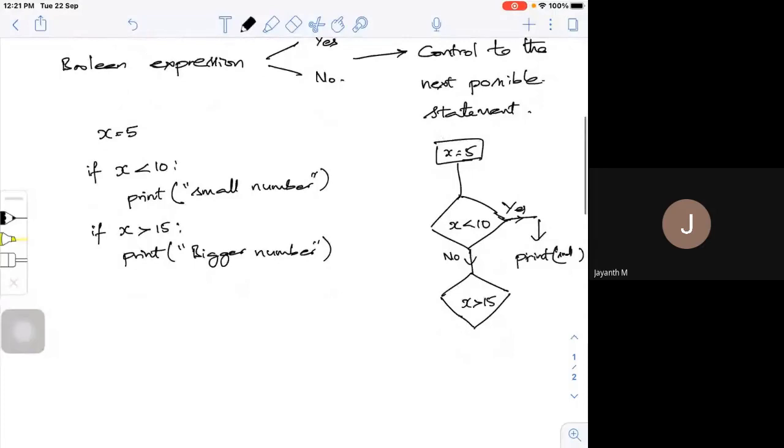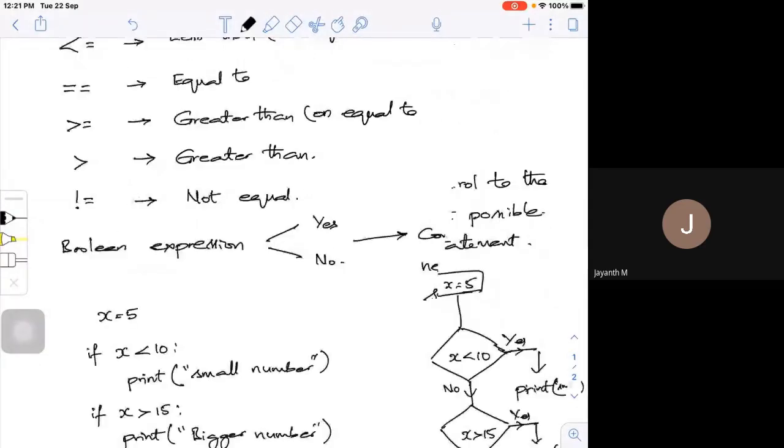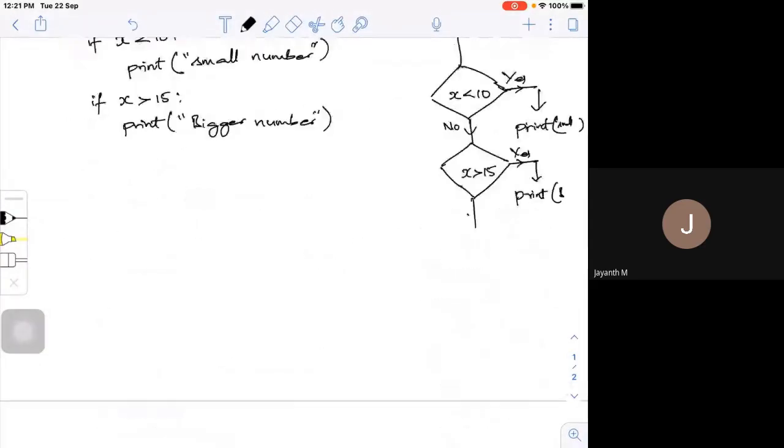If that is yes, it will print it is a bigger number. Otherwise, it will come out.